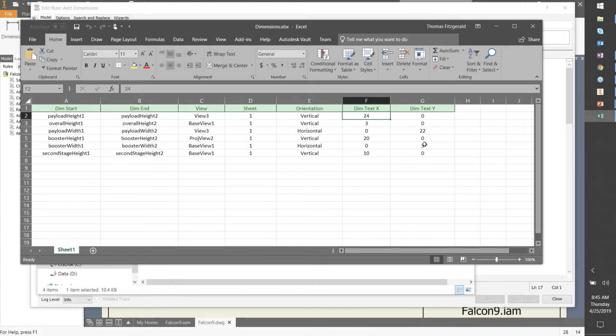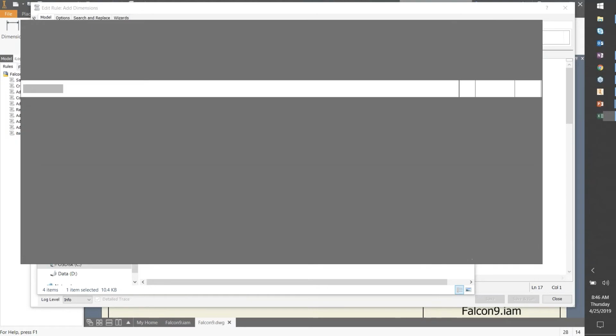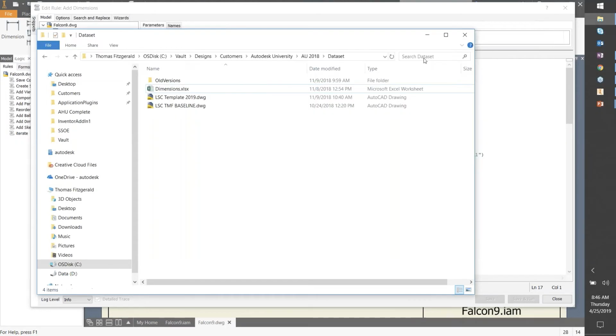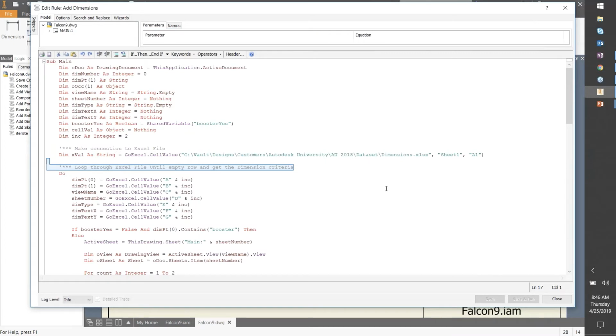The reason why I'm using a spreadsheet is now I don't have to hard code anything. If I want to add a dimension, all I need to do is give the dimension the requirements here. I can add or remove as many dimensions as I need to using the spreadsheet, and that way I don't have to change the code. I just have to change the required inputs, okay? So you can use an Excel spreadsheet, you can use a database, you can use an XML form if you want. There's a number of different sources you can use in order to identify where those dimensions are, what those